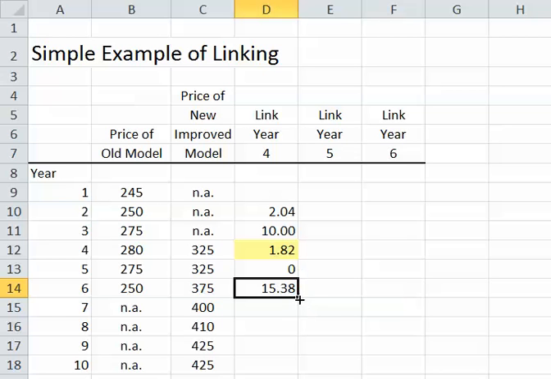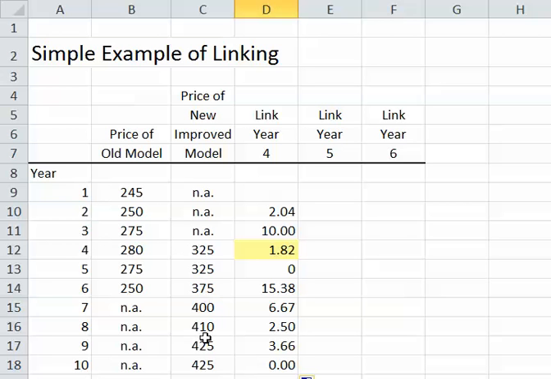And then going forward. So that's how we would calculate the inflation rate using the linking technique, where we have 2 models. I think in the video I gave you in class that was a refrigerator, and it was just impossible to figure out from a panel of experts which model was better, and so we could link them together. So it's a fancy technique, but basically all you're doing is you're calculating the inflation rate from the old model until you get up to the linking year, and then after that you calculate the inflation rate from the new